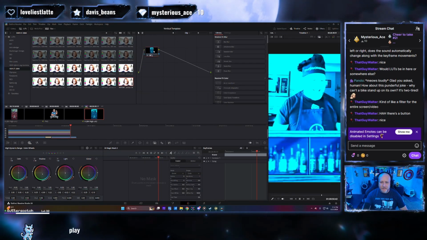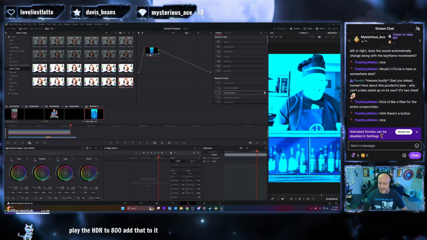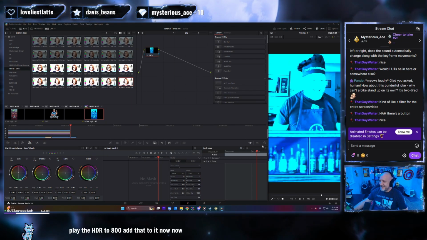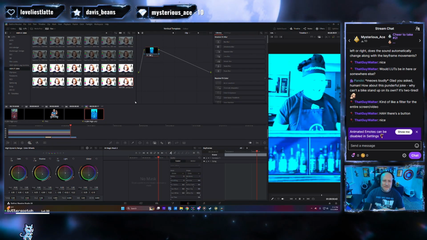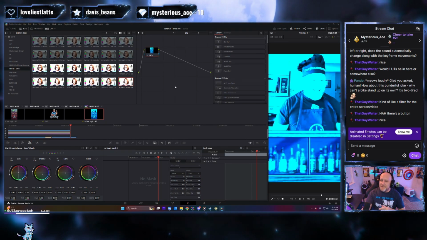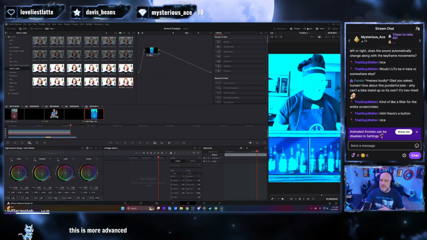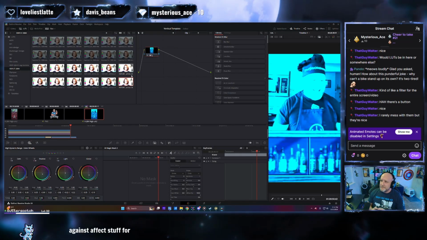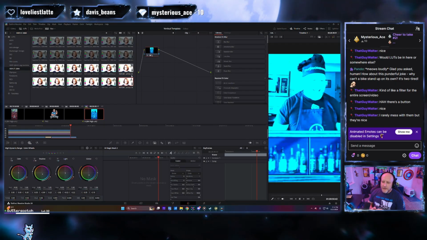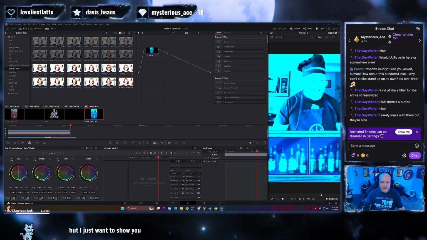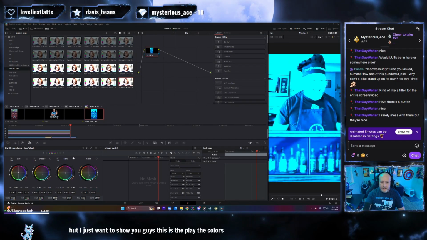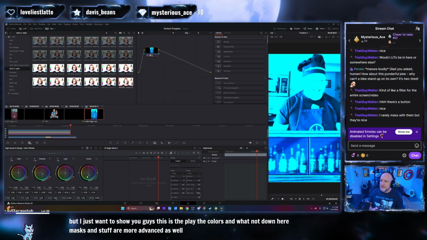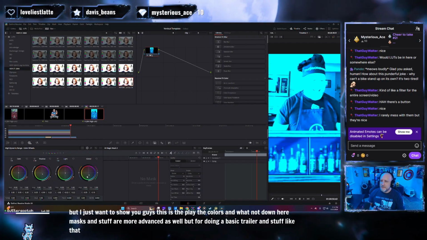We'll take the HDR 800 and add that to it. Now the camera's like, meh. A lot of different things you can play with there. Again, this is more advanced, especially when we're dealing with nodes. This is more advanced effect stuff, usually not stuff I use very often. But I just want to show you guys this, mostly how to use it to play with the colors down here. Masks and stuff are more advanced as well. But for doing a basic trailer and stuff like that, you really don't have to go into this too far. If you want to,